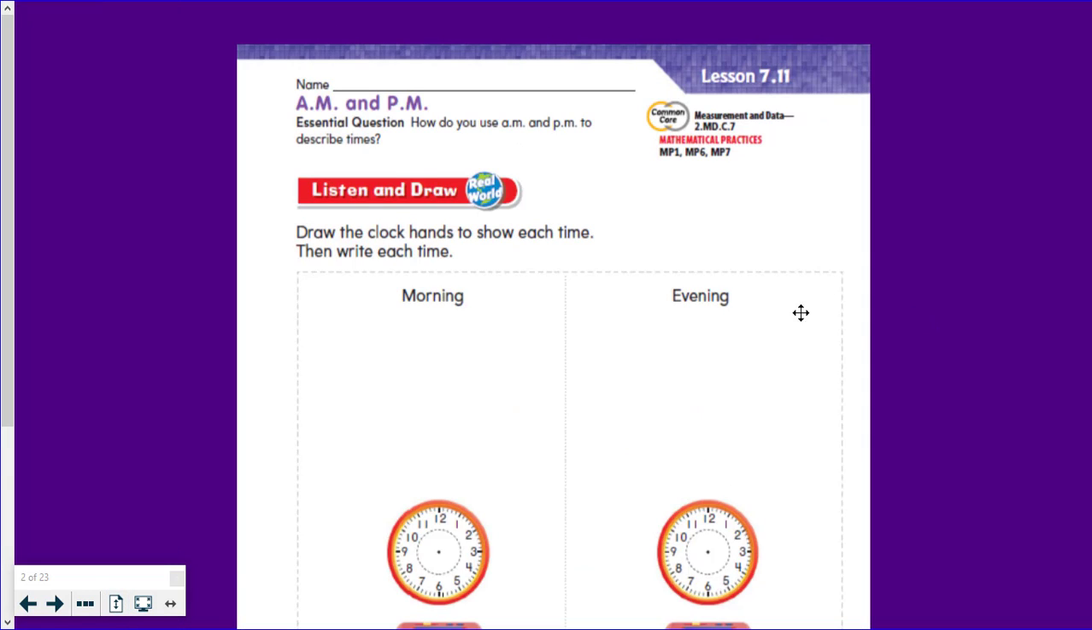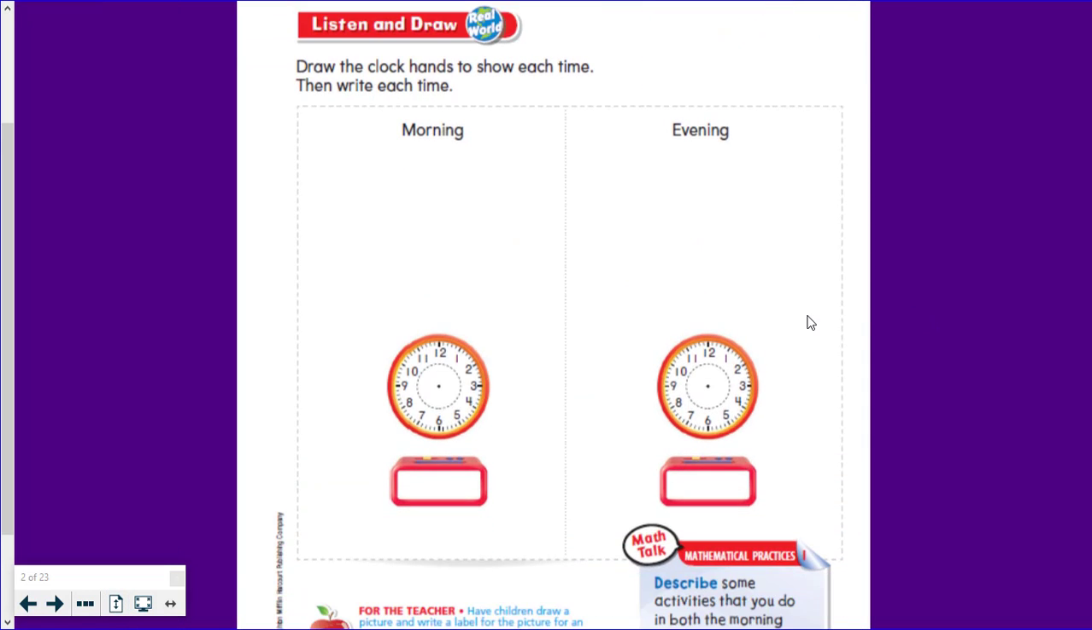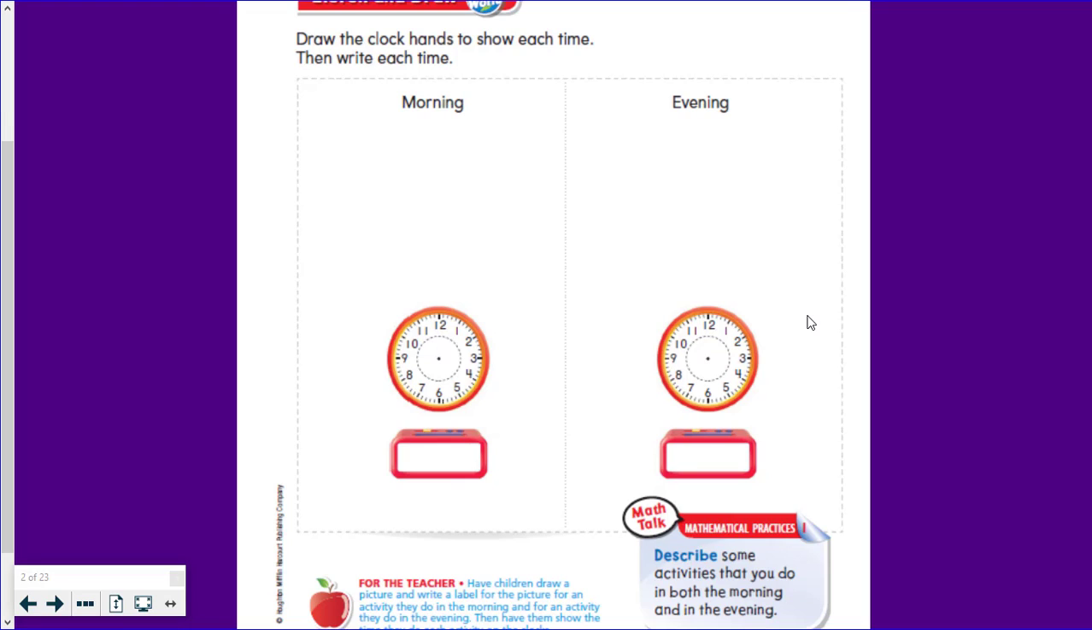I'm going to make it a little bit bigger, and it says, draw the clock hands to show each time, then write each time. Okay, so what you're going to do is think of some activities that you do in the morning or evening. You're going to choose an activity that you do in the morning, and an activity that you do in the evening. You're going to draw a picture and write a label for each activity, and then show the time that you do each activity